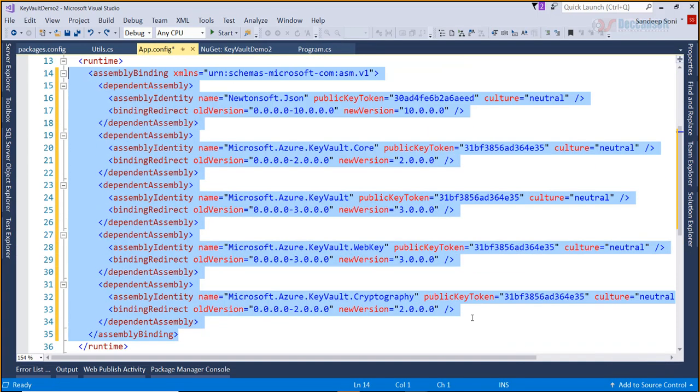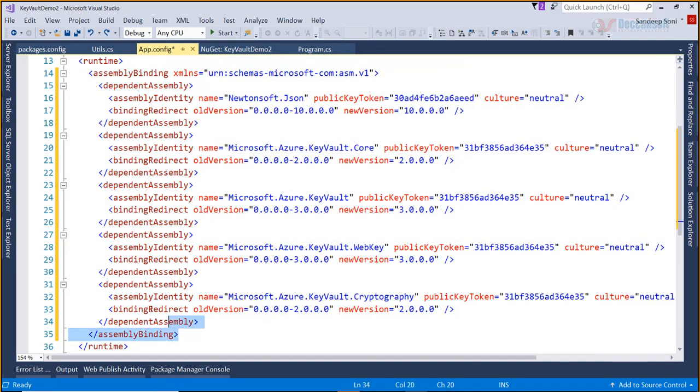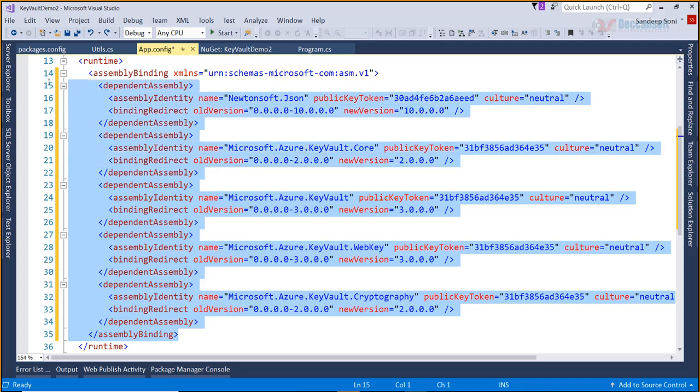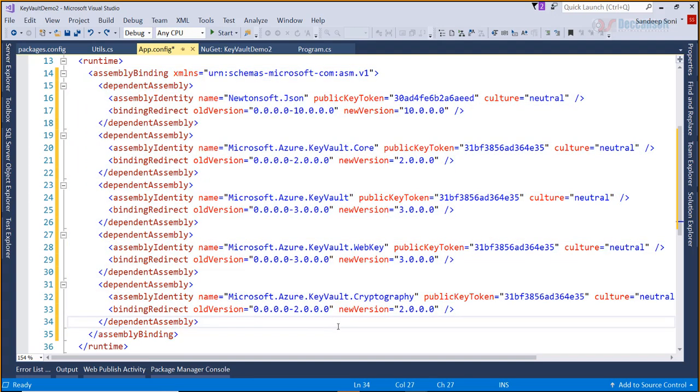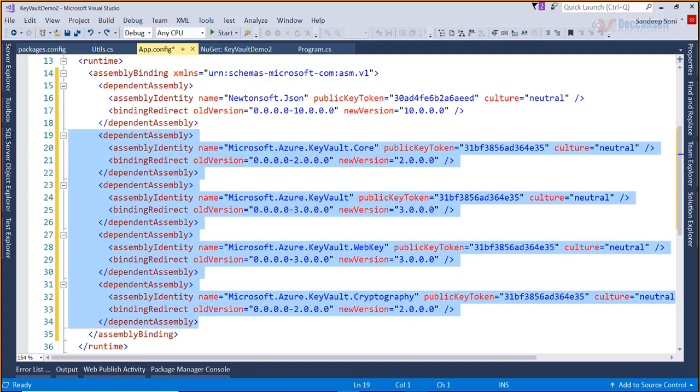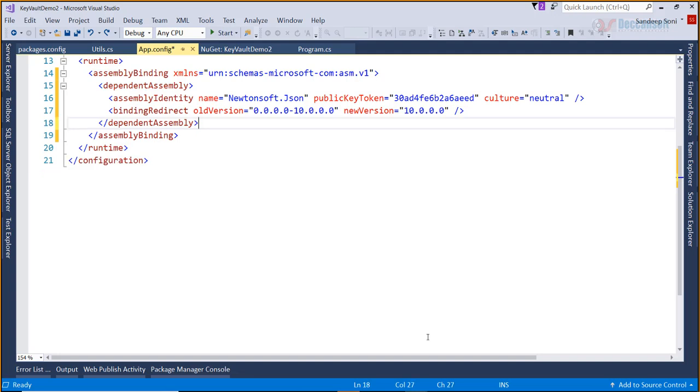Basically the problem was here. Even though I'm matching the packages in NuGet, this is causing the problem in app.config. It's redirecting to 3. So I just delete this. I don't need this. Right, and now if I run the program,